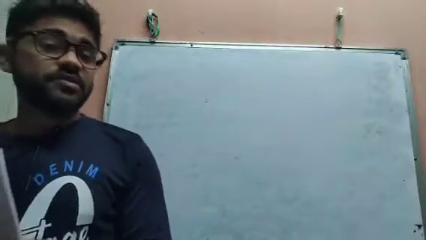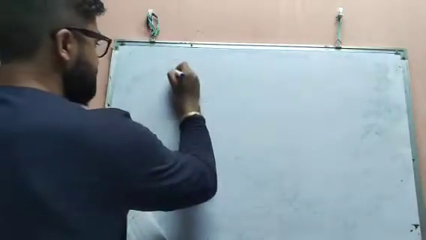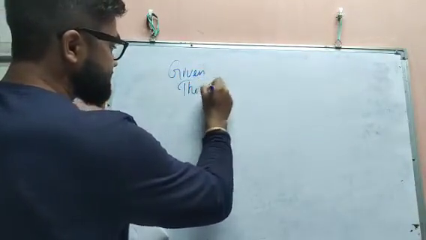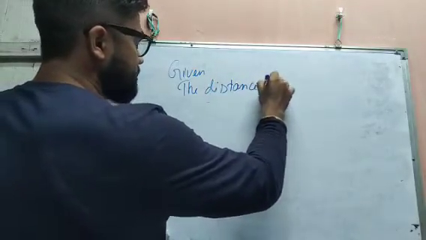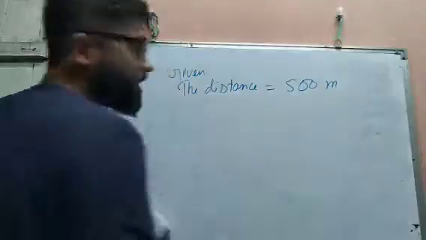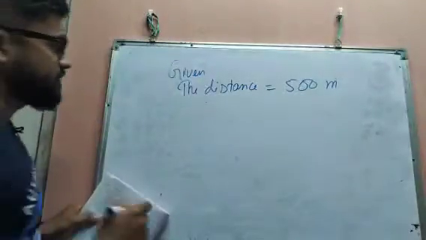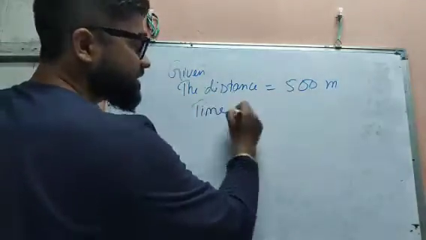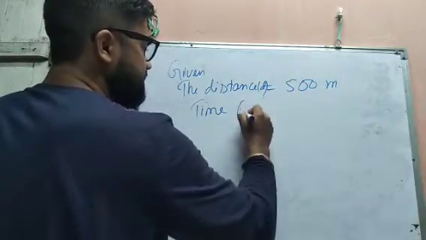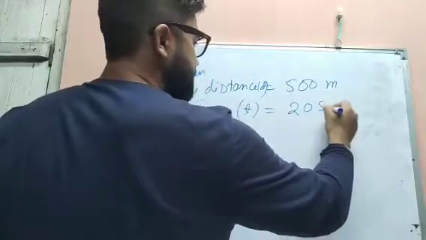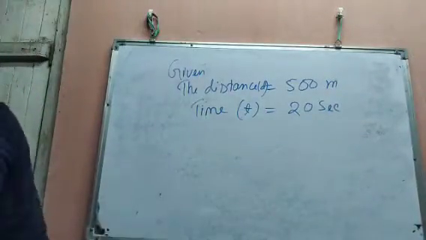So the next problem, we are given a car in uniform motion. The car is moving in uniform motion and it travels 500 meter in 20 seconds. That means distance is given 500 meter and the time is given 20 seconds. So we are asked to find the speed of the car. Okay, so see, given the distance, which is 500 meter. In meter I am writing in short as m. Then time, to move this distance the car needs the time, it is t, 20 seconds.